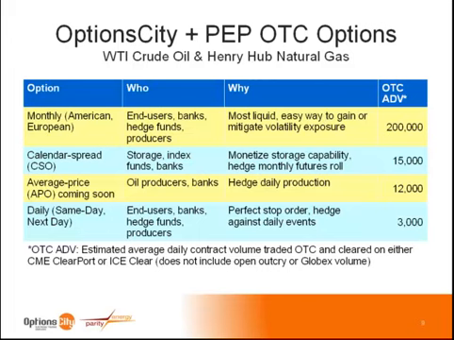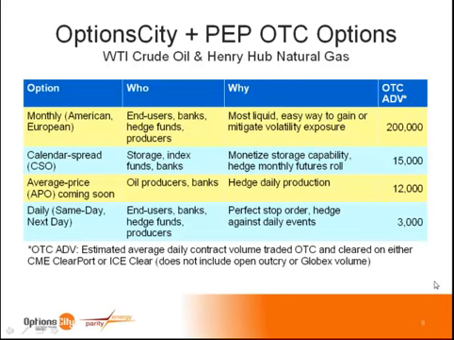And so those are the most popular, and they're being traded by a lot of end users, banks, hedge funds, and producers, for instance. Because they're the most liquid, they're also the easiest way to gain and mitigate volatility exposure. Now, in the last column, you can see the ADV, so the average daily volume. Note that the average daily volume here is estimated and only includes OTC cleared transactions. So specifically it does not include OpenAPI or, say, Globex transactions. So out of that number of 200,000 contracts a day, the lion's share is actually in natural gas, European stop